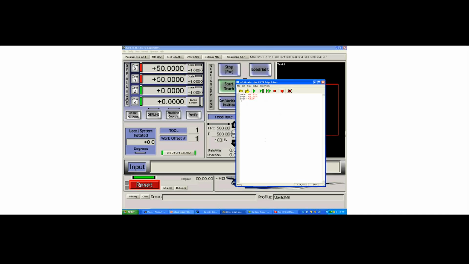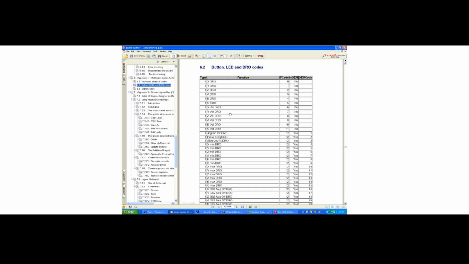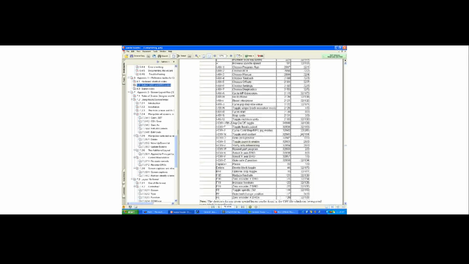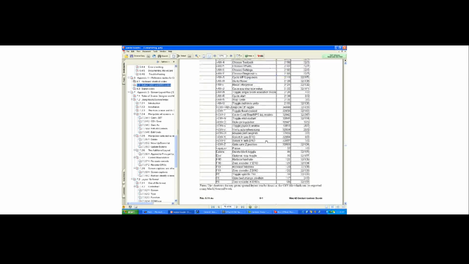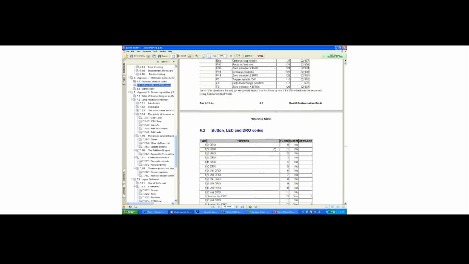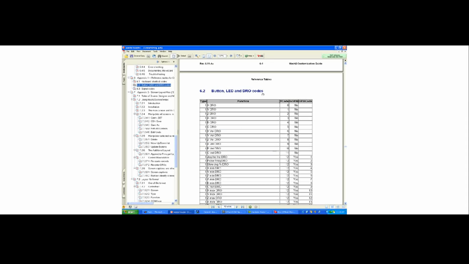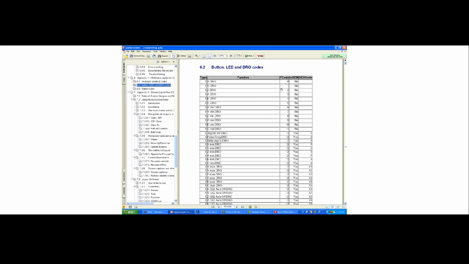Let's take a look quickly at the customization document. This is the OEM customization document. In it, you'll find things like the keyboard shortcuts. You don't use these in Visual Basic scripts typically, but you do use button, LED, and DRO codes. For example, to get an X DRO, you say GetDRO(0), which is a function code. If it's a function code you're calling, the command is usually GetDRO, where